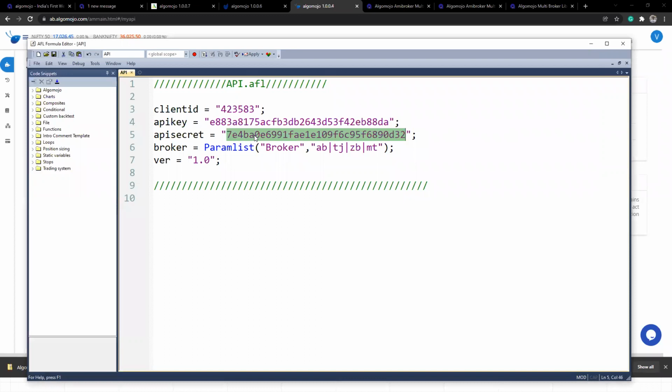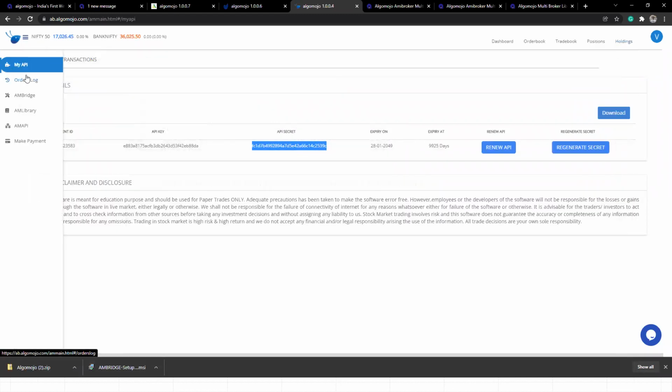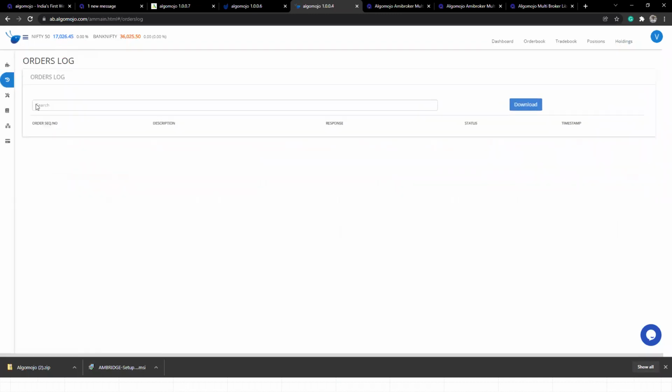So once you have all these, the API key, API secret key and client ID, everything is finally configured. Now it's time to run and check the orders. Any orders coming automatically from AmiBroker, you can access from the order log section.